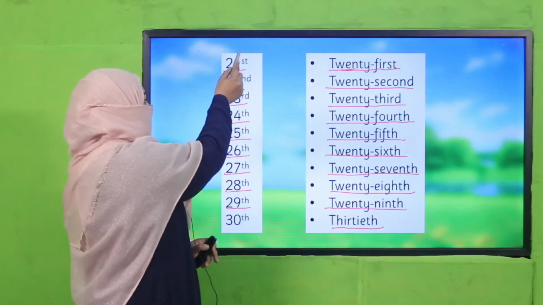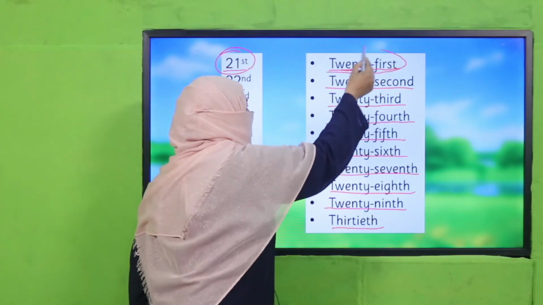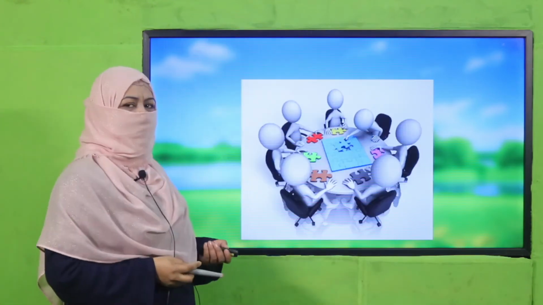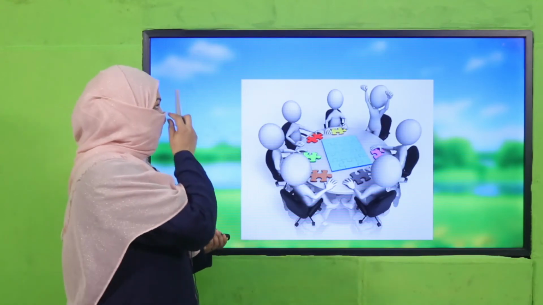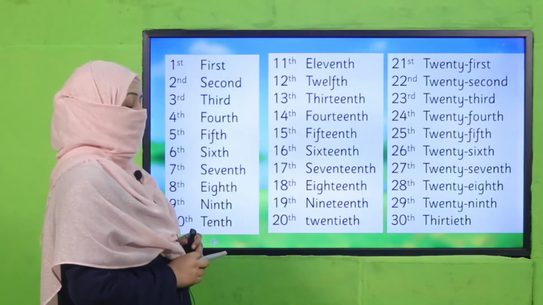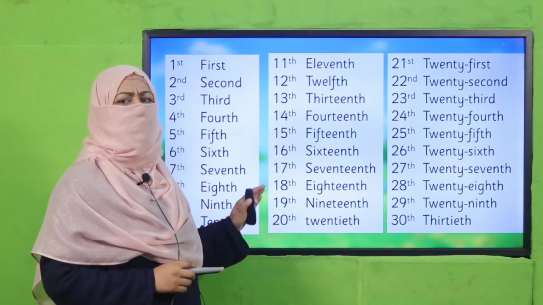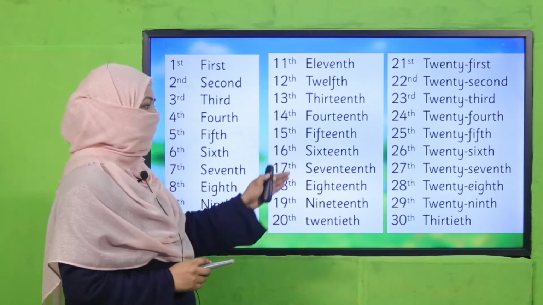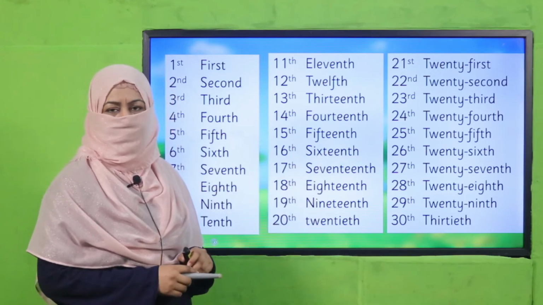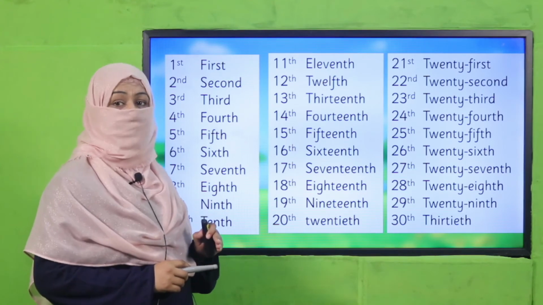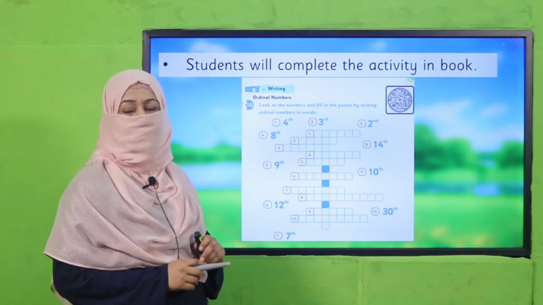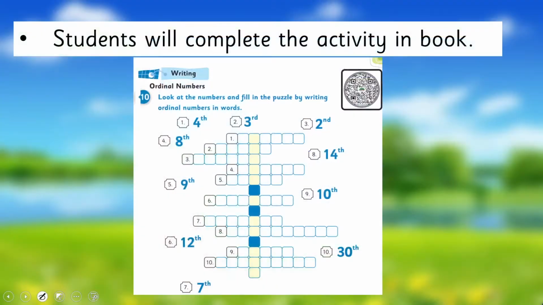This is how the way we have written in number, likewise we can write in words, and this is called ordinal number in words, right? So are you ready to practice it? Okay. How you are going to practice? The way I have designed this activity, first, teacher, I want to call every child and make the child read the number. You can give a specific series to read, or maybe all together. This is all up to you. And once all these students are done with it, then they can complete this activity which is given in your book. So pause the video, enjoy both parts of this beautiful activity, and then come back.